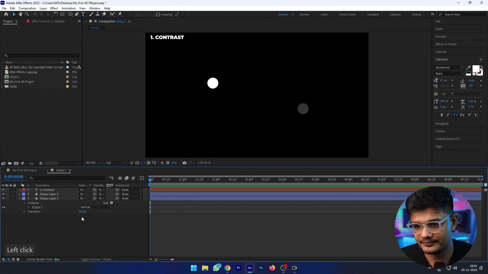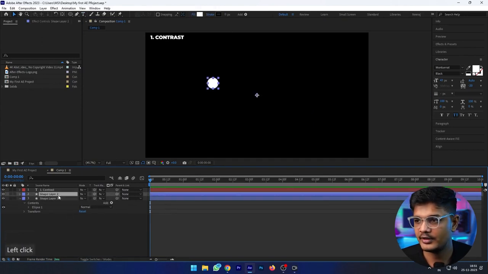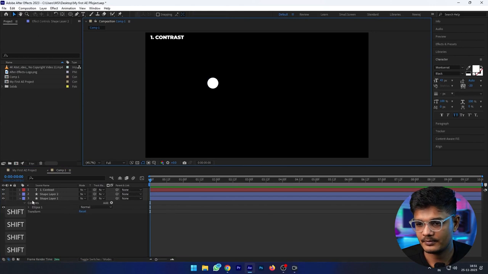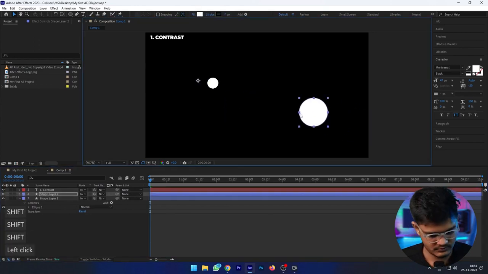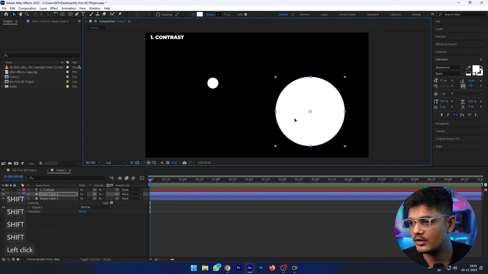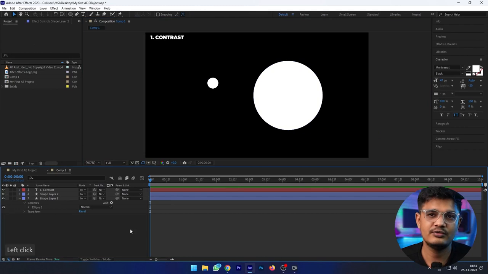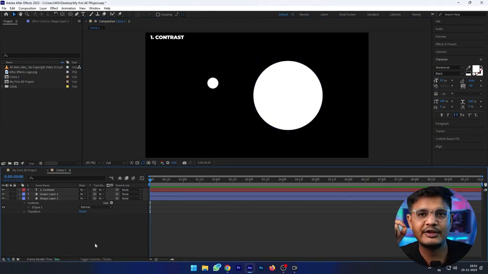Now let's delete this circle and duplicate this one. Which circle do you see first, this one or this one? Of course this one. Why? Because of size. So the second principle of design hierarchy is size.